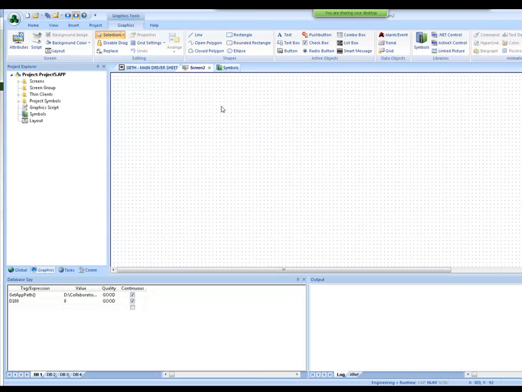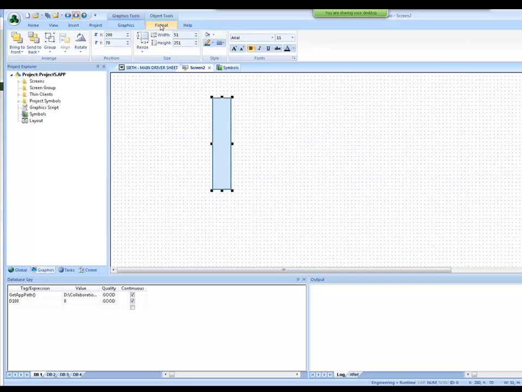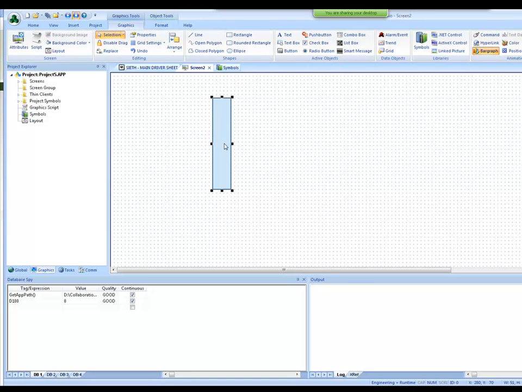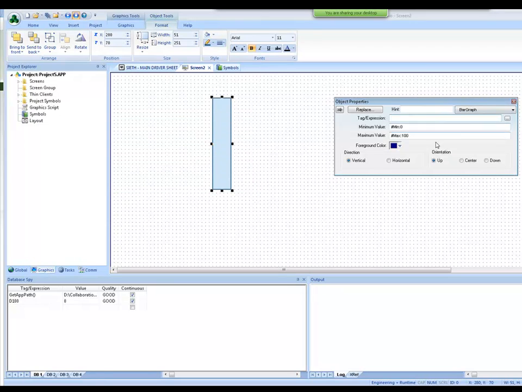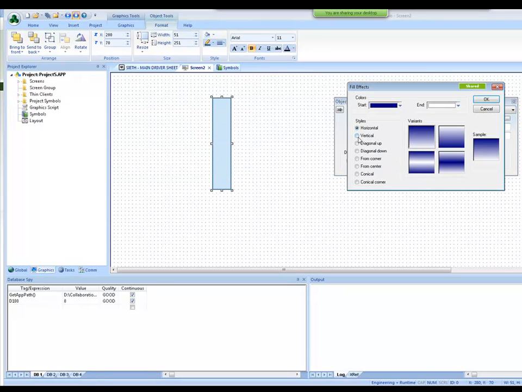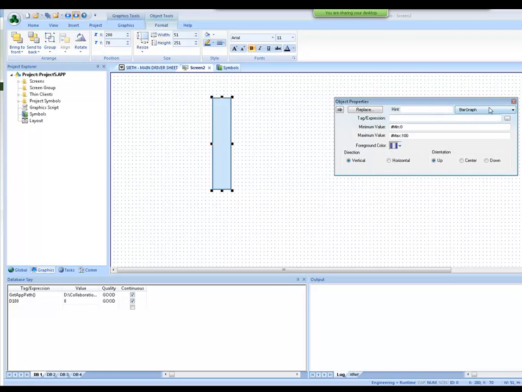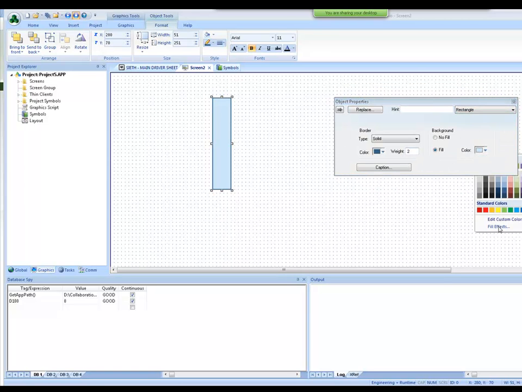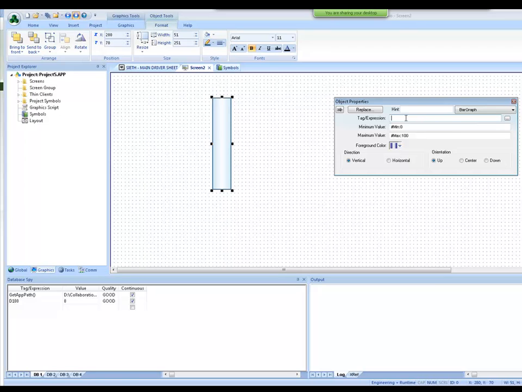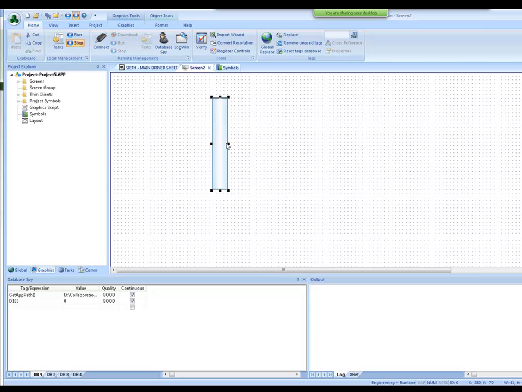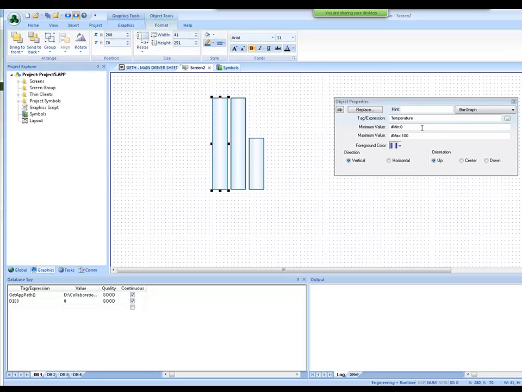So let's say for a PID interface, you put a rectangle for the set point, and then you're gonna add a bar graph for it. So you can add colors to it. So the foreground color, you can even put some effects on it. And then for the original rectangle, you put some other effects as well. And then you associate that with one specific variable. So we were talking about the temperature. So that's going to be the current value, and then you add the set point and another one for the output. So you can also create this as a